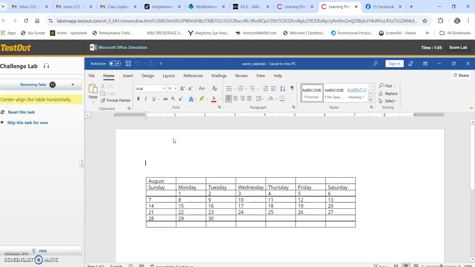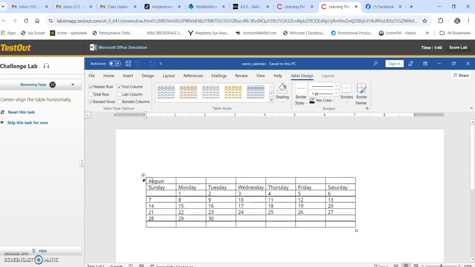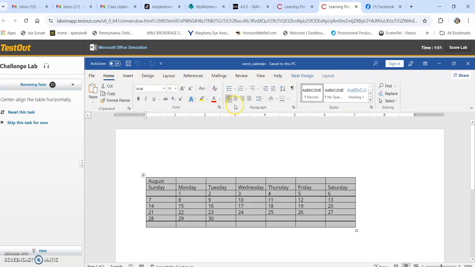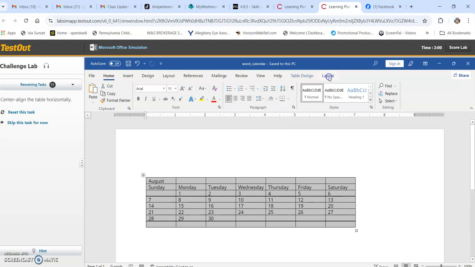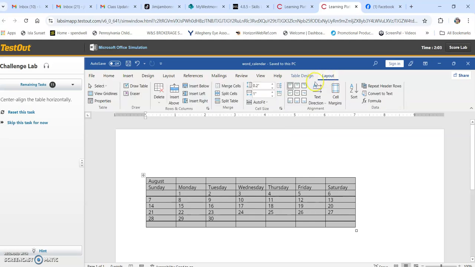Task 11 is center align the table horizontally. So we want to actually select the table. Make sure you have the whole table selected there. And we want to center align the table. So with this one, I'm going to come back to my page here. Now, if you do that, it center aligns the font in the table, but we want to actually center align the table. So we're going to come back over here and we're going to center, oops,